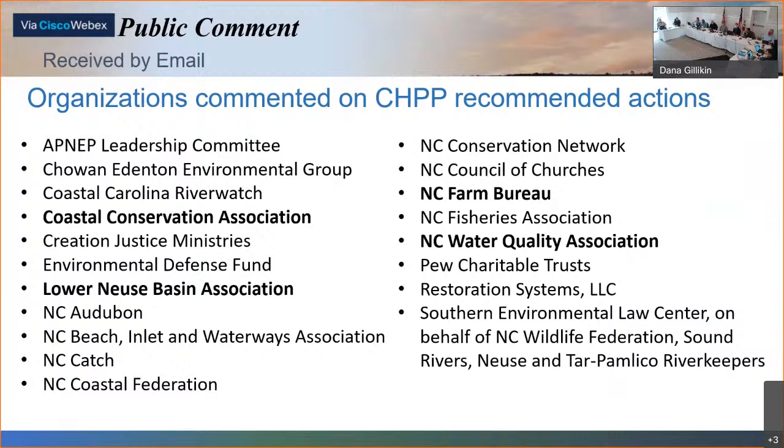In the draft CHIP amendment, we've included an appendix which summarizes all of the public comments which were received. And this is a list of organizations that submitted letters. The organizations listed in bold print are organizations that had concerns or requested significant change to the recommended actions. And while some of these had concerns, almost all of the organizations had an overall positive,